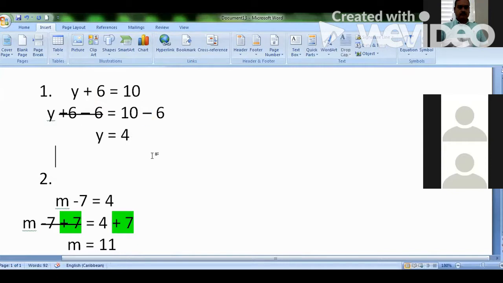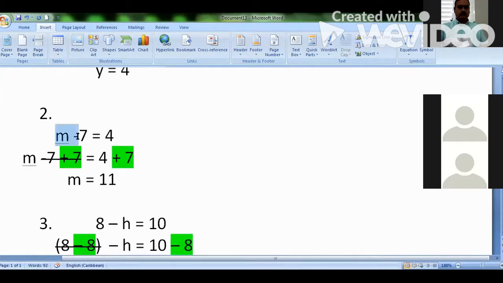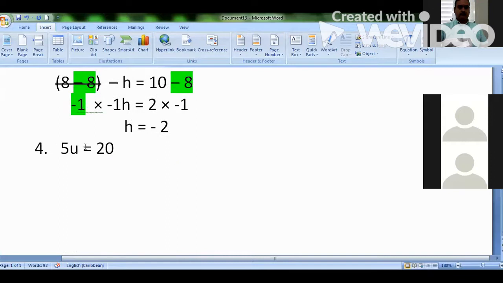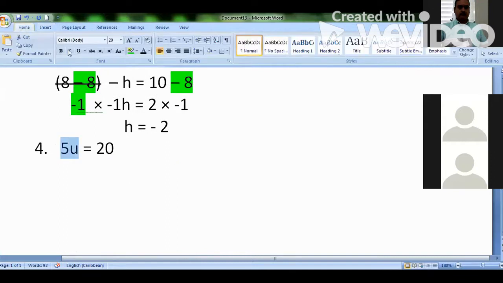You have to subtract. This is an equation containing a subtraction, and to solve it, we have to add. You follow? What does 5u mean? 5 times u. So it's an equation with a multiplication, not true? So to solve an equation with multiplication, we're going to divide, not true? And we'll divide both sides by